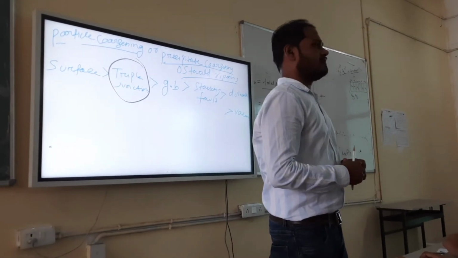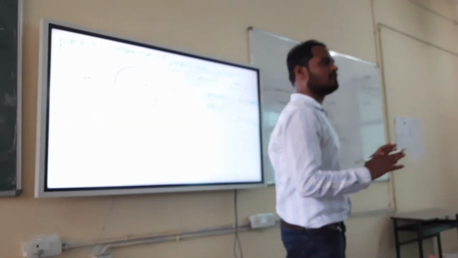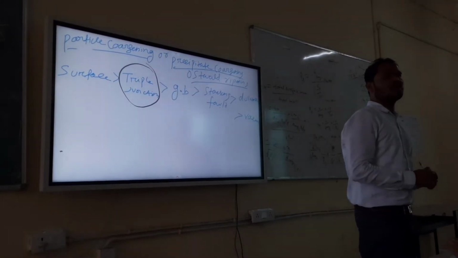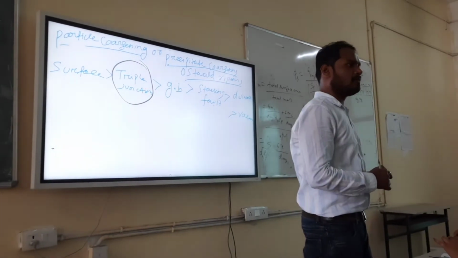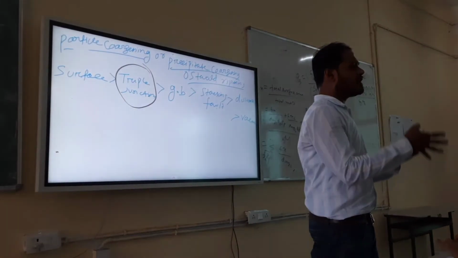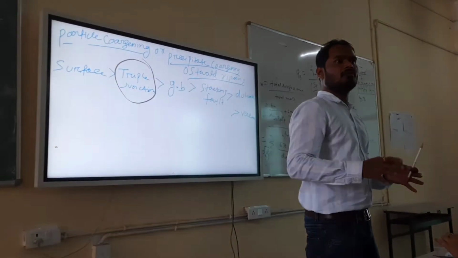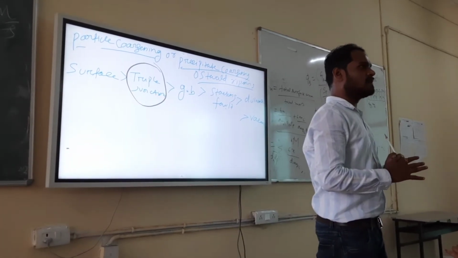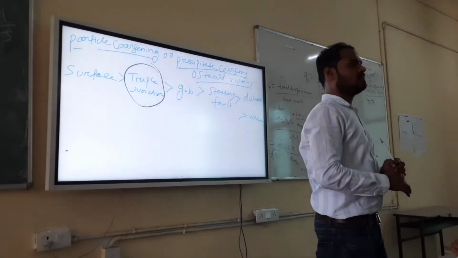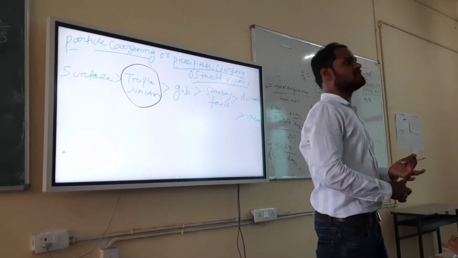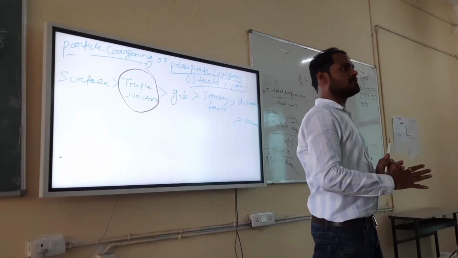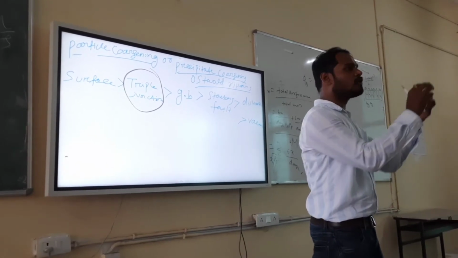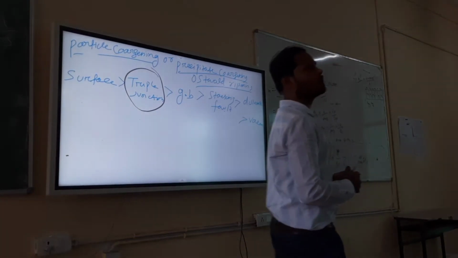But one thing can be done, that is theoretically, not practically. If you do homogeneous nucleation, you remember homogeneous nucleation? That means the probability of nucleation is the same everywhere. It may be grain boundary, it may be dislocation, it may be anything. But everywhere nucleation will start at the same time, right? And you stop the nucleation now. What will happen? Homogeneous nucleation has happened for a certain time and you stop the nucleation. They all will have the same size. All nuclei will have the same size. They may grow somewhat bigger and they will stop. They will not grow further.